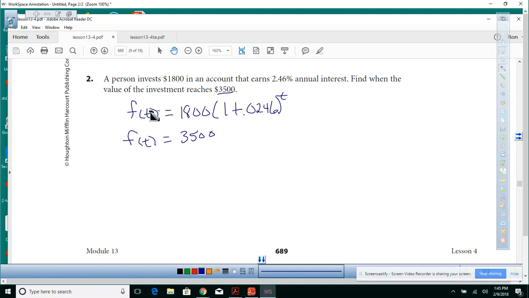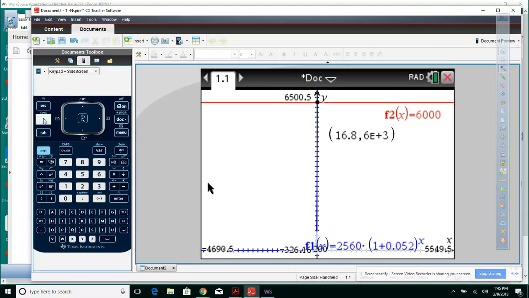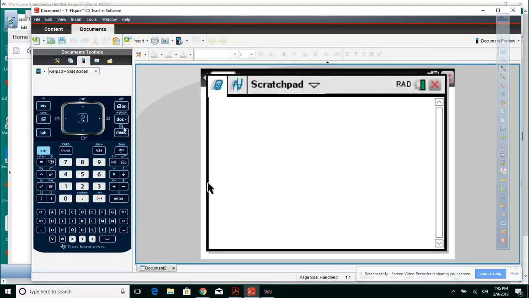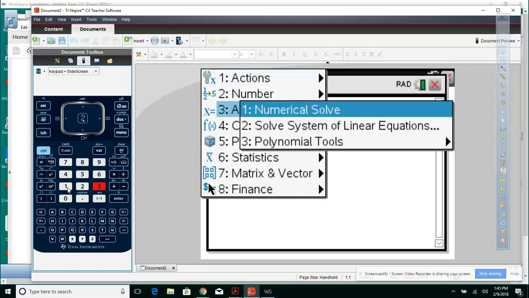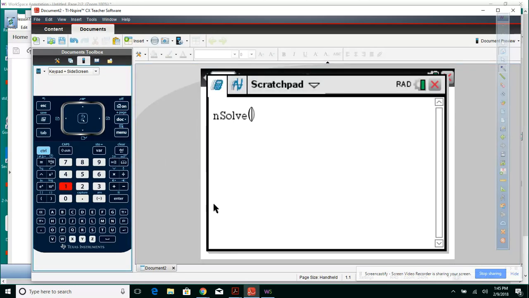So we can set $3,500 equals 1,800 times 1 plus 0.0246 to the t power. And we can go to our calculator and go to calculate, menu 3-1, numeric solve, put in 3,500